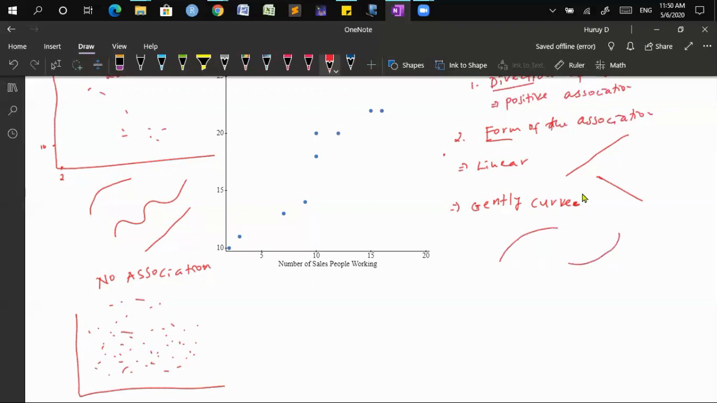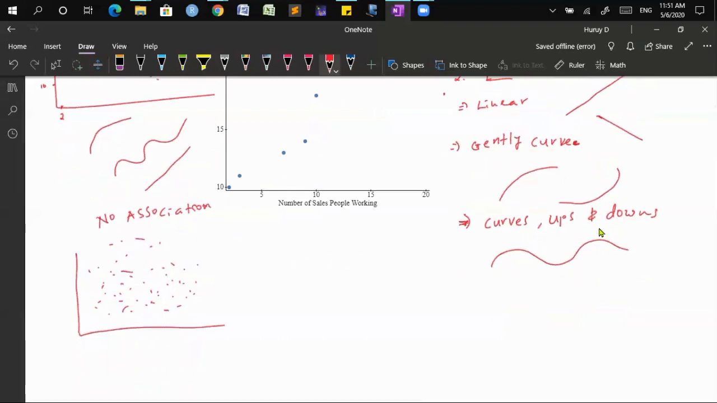Or it could be something like this, if the pattern looks something like this. Or the third possibility is that we can have ups and downs, if we have something like this. Now, by just looking at this one, I can figure out what the form of the association is. And the third one